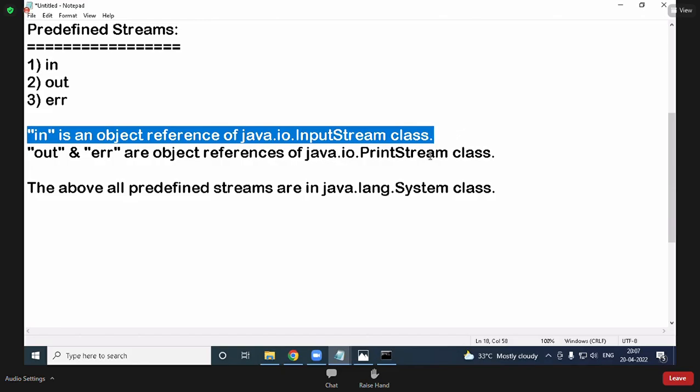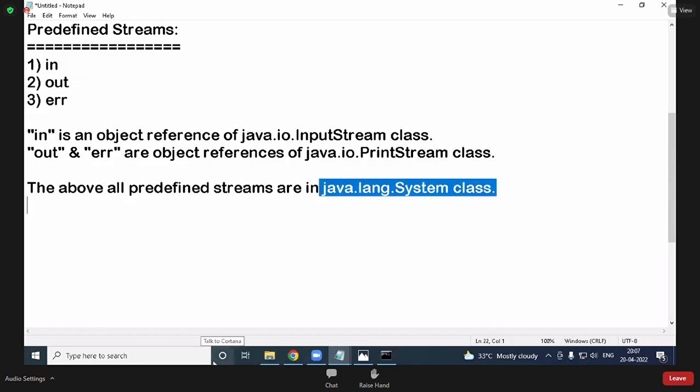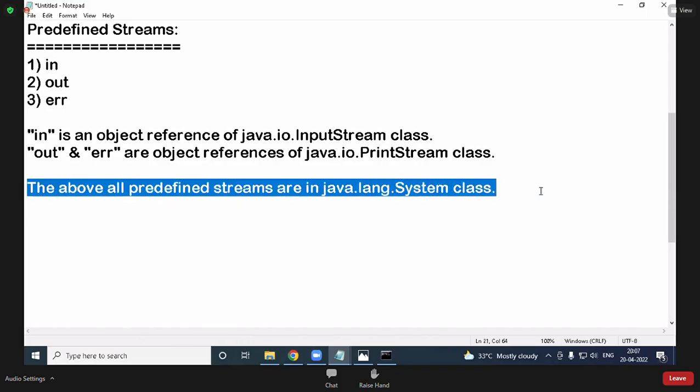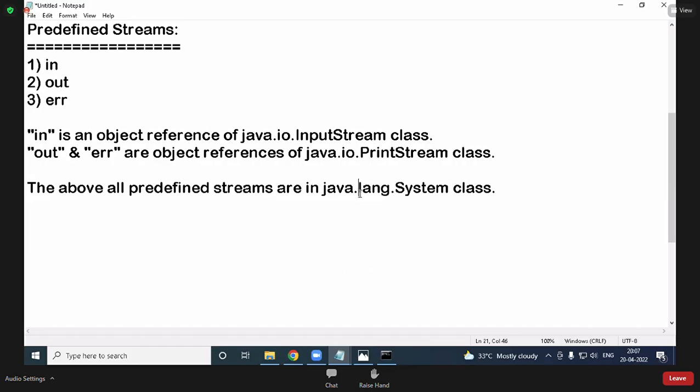In is an object reference of InputStream. So no need to create an object, no need to create a reference. It is already there in the library. But where is it? In System class. What do you mean? The above all predefined streams are in java.lang.System class. So the System class profile we have to open. Then you'll understand. Okay. Before going to that one, this one I'll open.